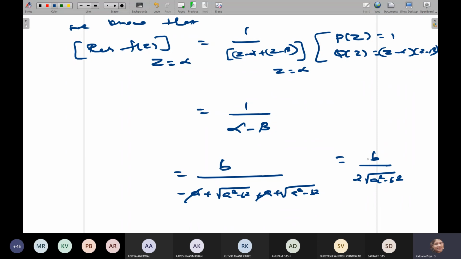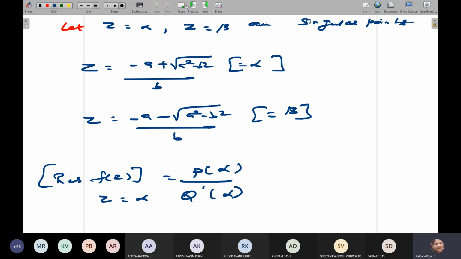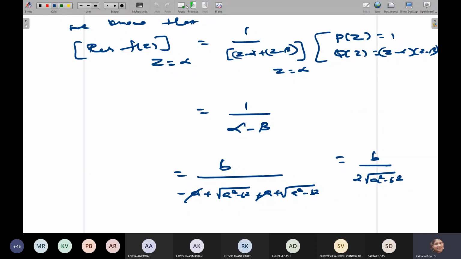See, if you solve these types of problems in this way, it is very easy. Otherwise, finding the residue as usual, using the limit formula as z tends to minus a plus root of a squared minus b squared by b, you may definitely miss some terms while doing the calculation. So apply this residue formula. Before applying it, assign alpha and beta to those poles to make it easier. After using the simple form, bring the residue and replace alpha and beta again, and we get the residue.